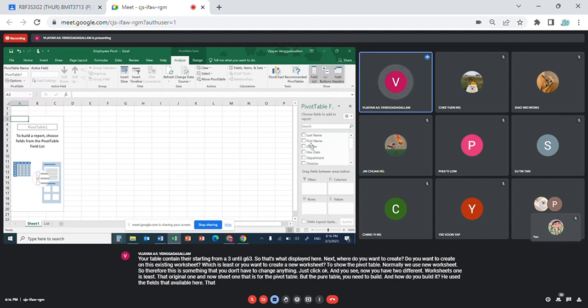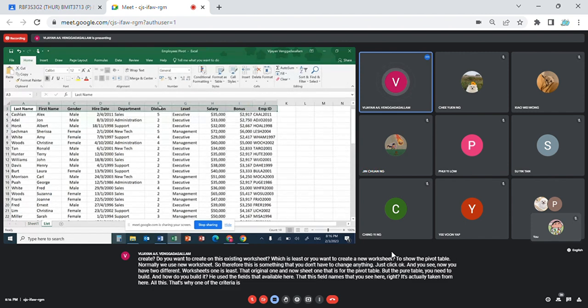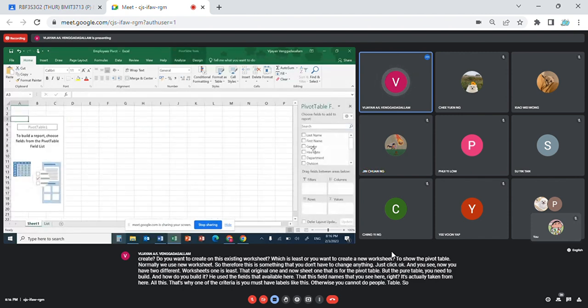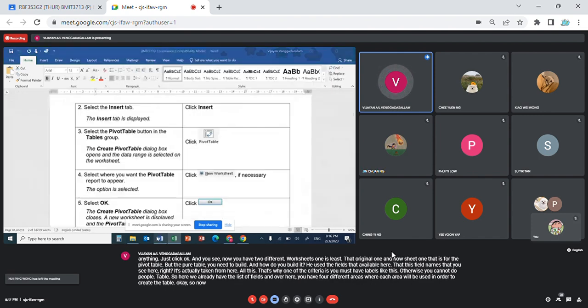These field names that you see here, right, is actually taken from here. All this. That's why one of the criteria is you must have labels like this. Otherwise, you cannot do pivot table. So here we already have the list of fields, and over here you have four different areas where each area will be used in order to create the table. Okay, so now according to our instruction,